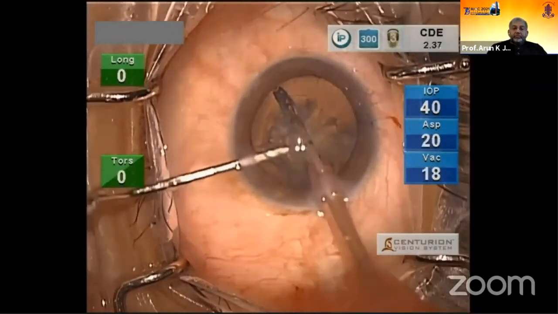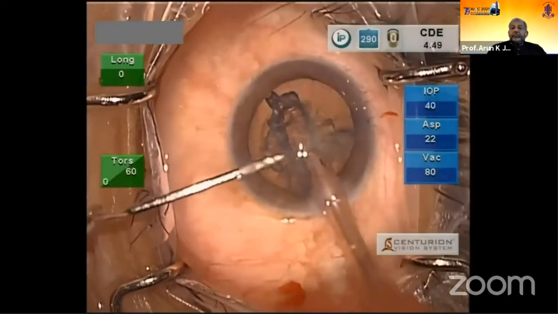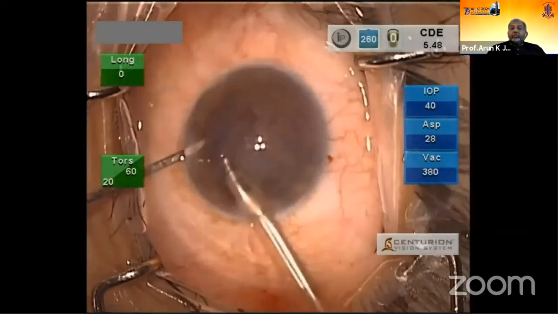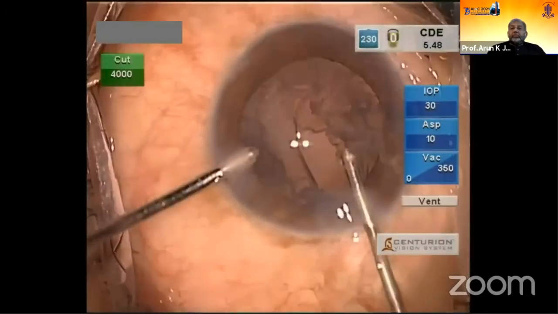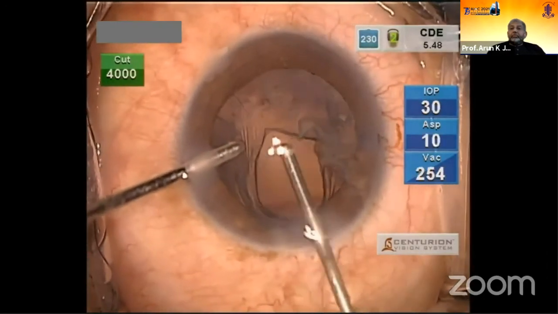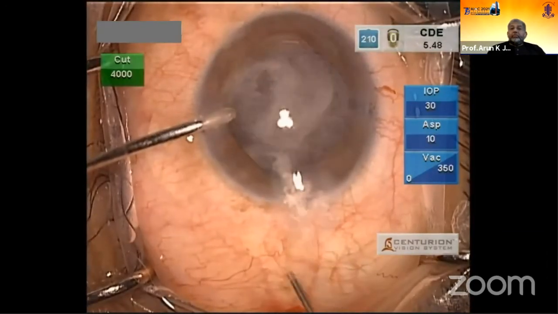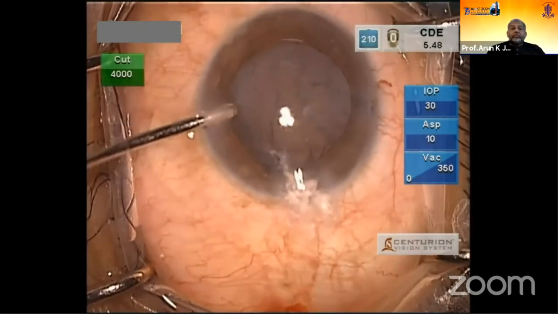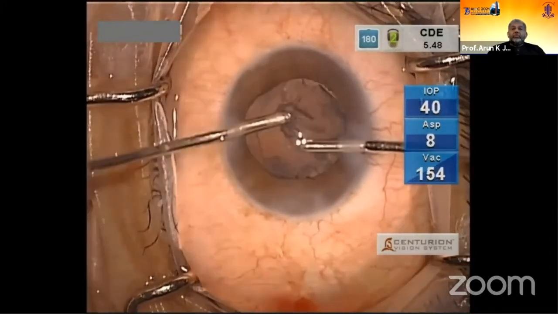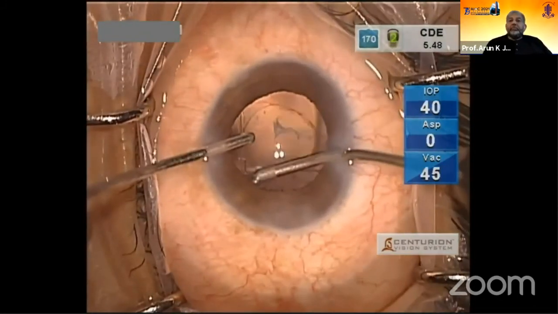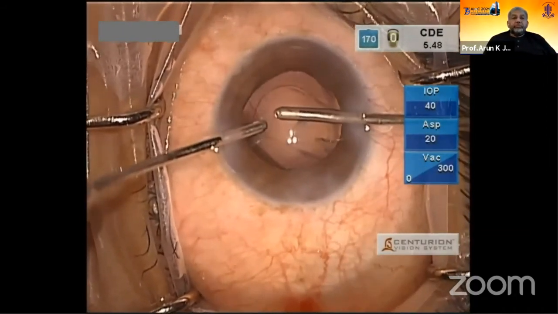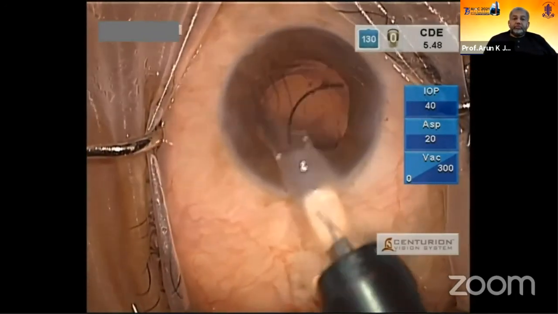Then viscoelastic is injected, and phaco is completed using low parameter of the phaco. After removal of the nuclear fragments, it is seen that there is a tear of the posterior capsule by the cystitome. Viscoelastic is injected, and then triamcinolone is injected to stain the vitreous tag, and bimanual anterior vitrectomy is done to remove the vitreous tag and also to clear the cortical matter from the remaining part of the bag.